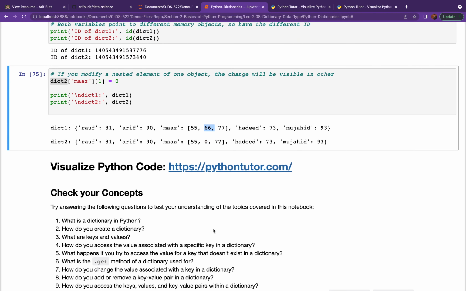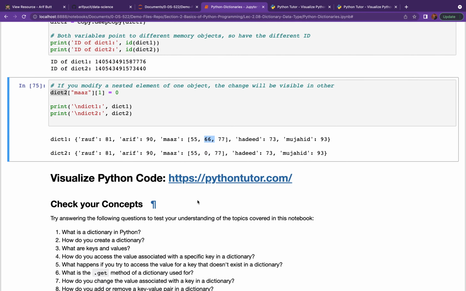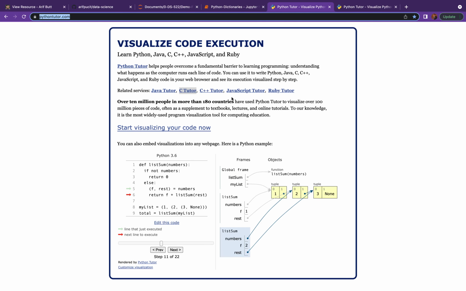Great. Okay, my dear friends, let's go to pythontutor.com and visualize this concept of shallow copy and deep copy. Well, this is pythontutor.com. This is a marvelous site that is used for visualizing the code written in Python or Java or C, C++.